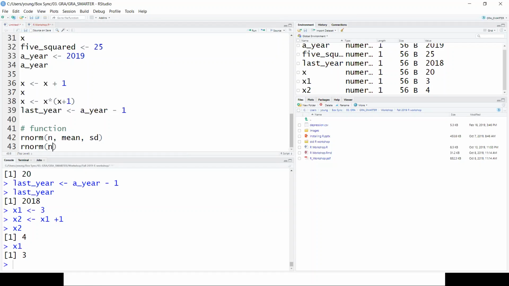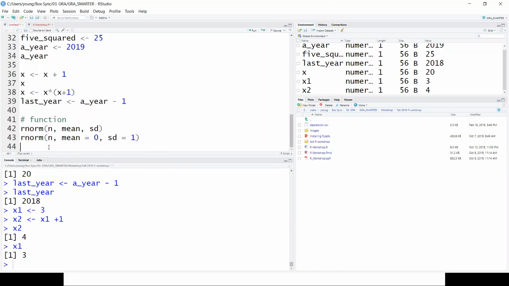The reason why the mean is already 0 and the standard deviation already 1 is that this is the default for this function. So sometimes functions have a default and sometimes they don't. If there is no default, you should write something in it. And if there is a default, you can just go with it.